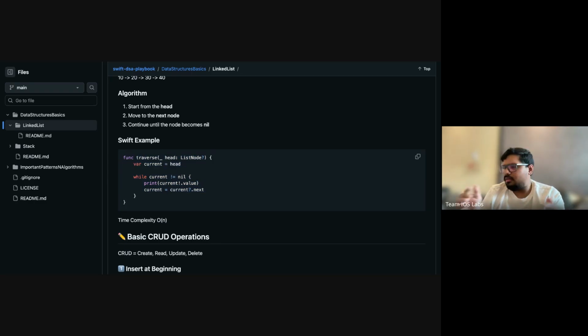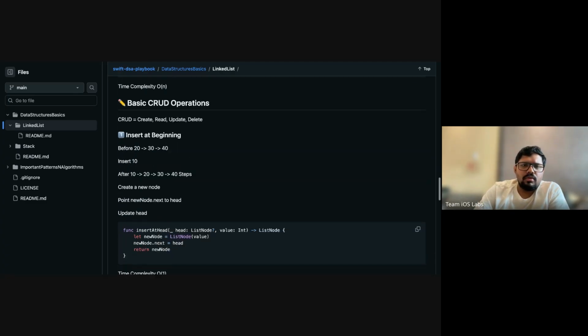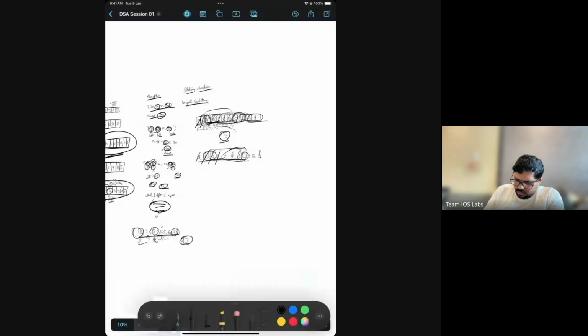It's better to explain this on the whiteboard, so let me share my screen, just a second. I'm explaining traversal, and also how to add or delete a node.